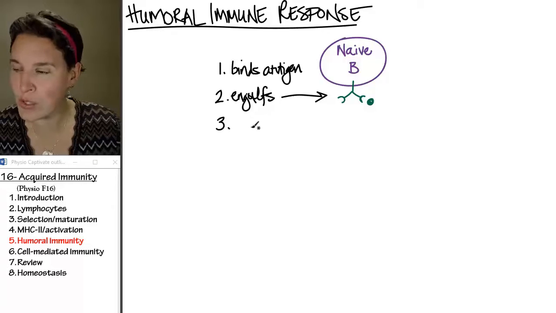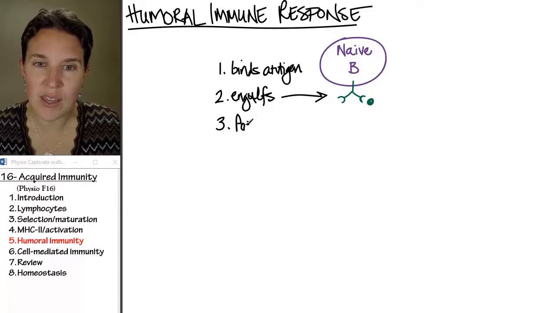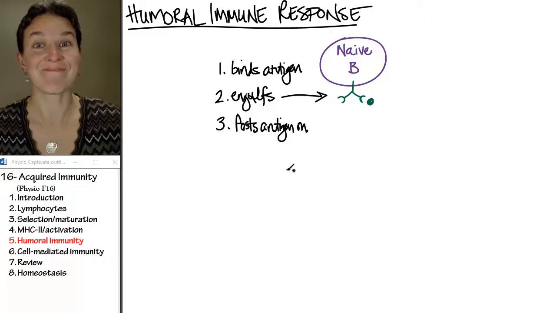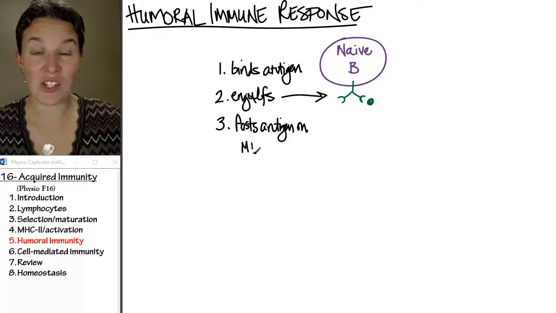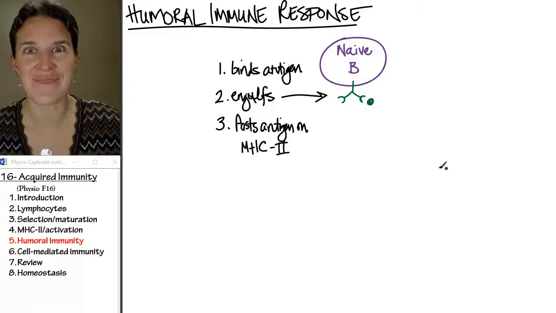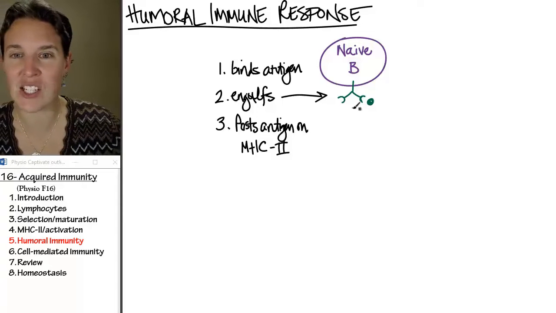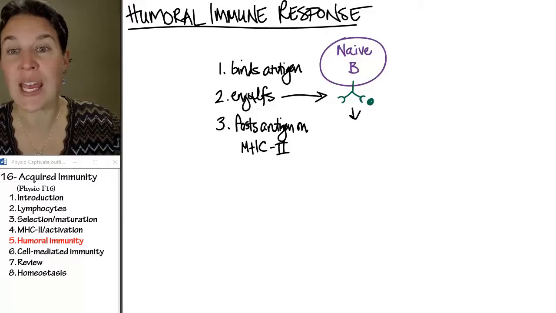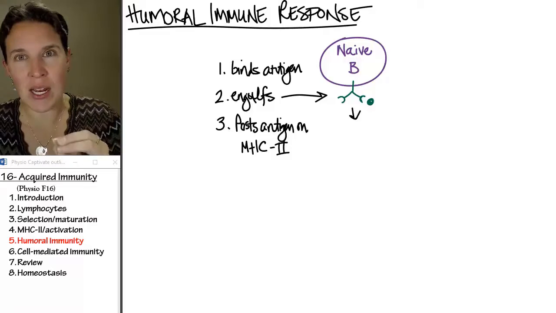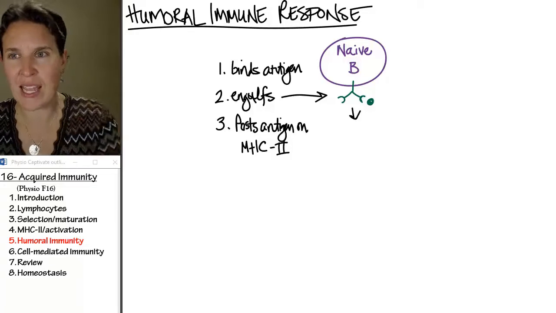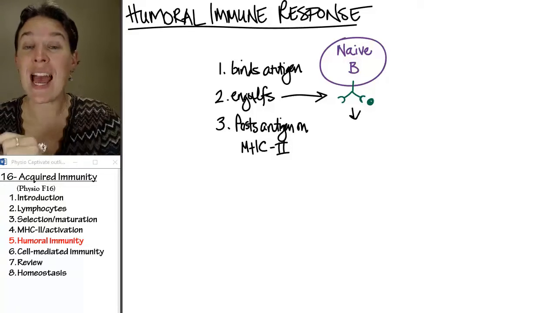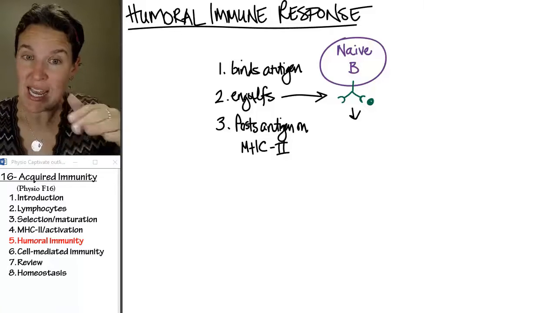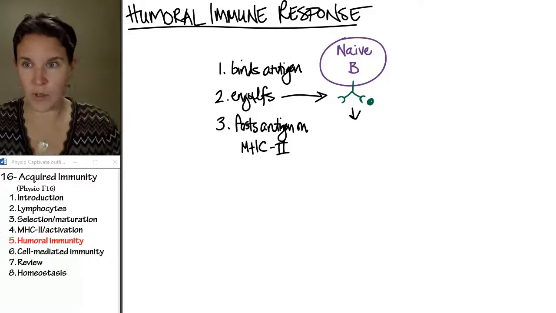It posts the antigen on, what do you think? On MHC2. Remember I said B lymphocytes were antigen presenters? It posts its antigen on an MHC2. It doesn't take its antibodies out of its cell membrane. The antibodies are still there, but the act of binding with antigen initiates the whole engulfing process, and now